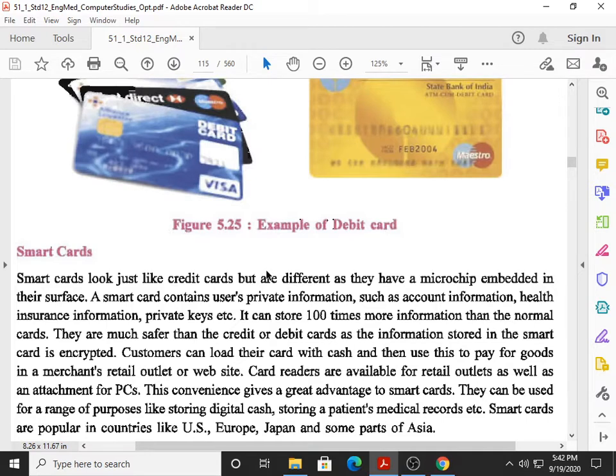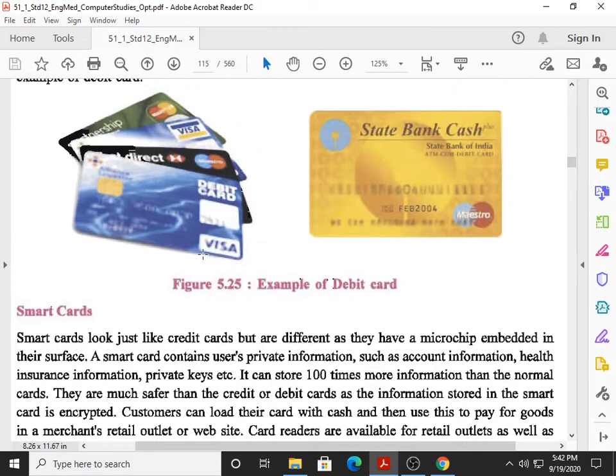See, so many students have confusion. If you look at this diagram carefully, you can see a golden chip over here. That golden chip is known as smart card. Okay, the same chip is available in SIM card also, driving license also. So that is why we need to understand that chip as a smart card. So let's start the discussion about that.